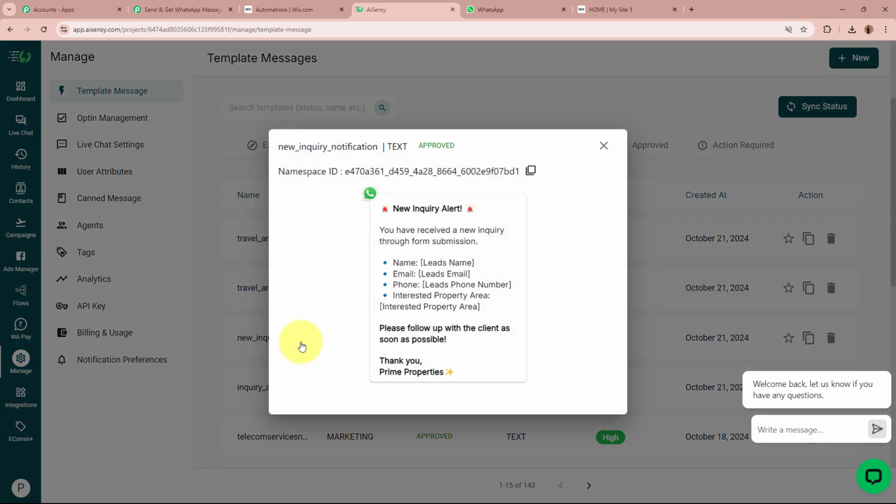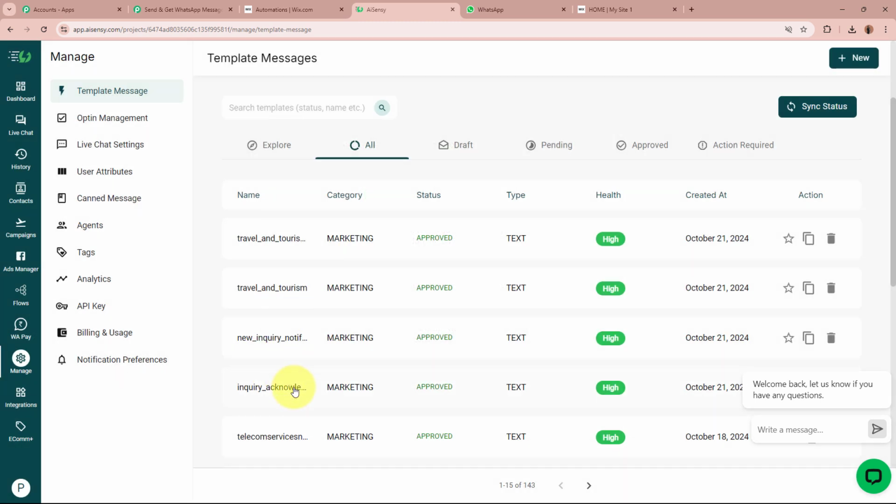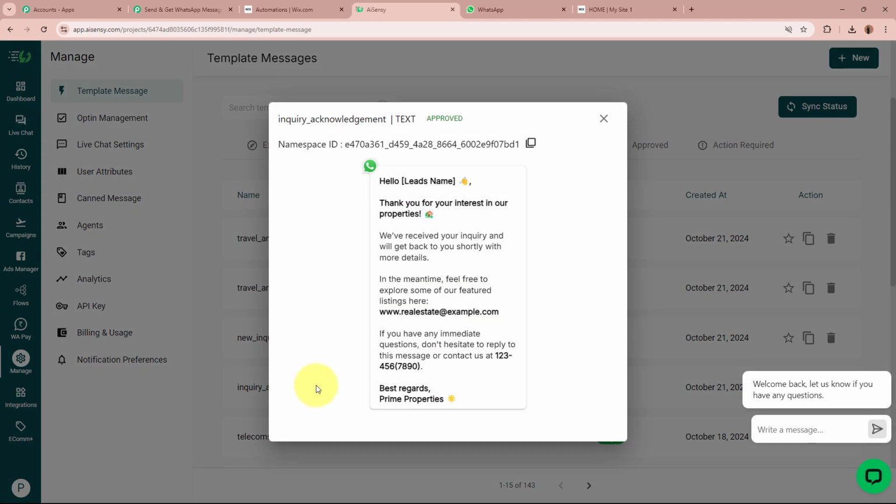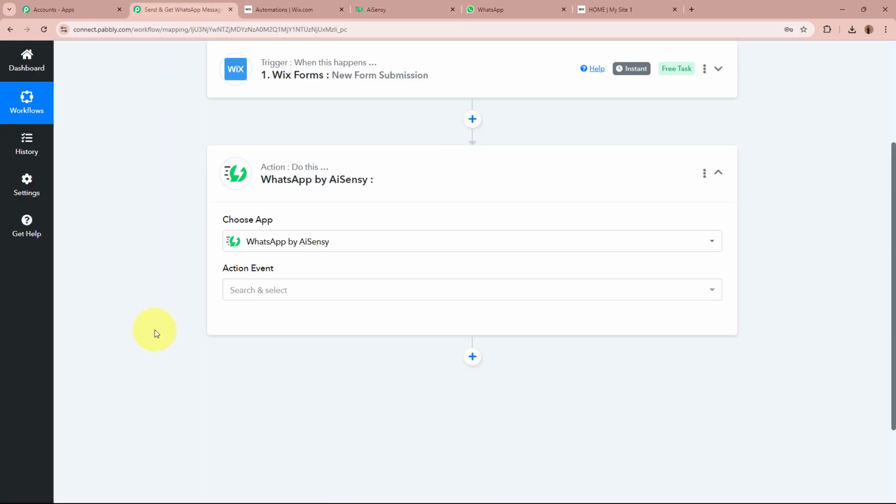Okay, I want that as soon as a new form submission is made with the help of Wix Forms, I send the customer this message, this template that I've created. With the help of this template, I want to send messages to my customers on their WhatsApp. Okay, so for sending this template as a message on WhatsApp to my customers with the help of AiSensy, I've